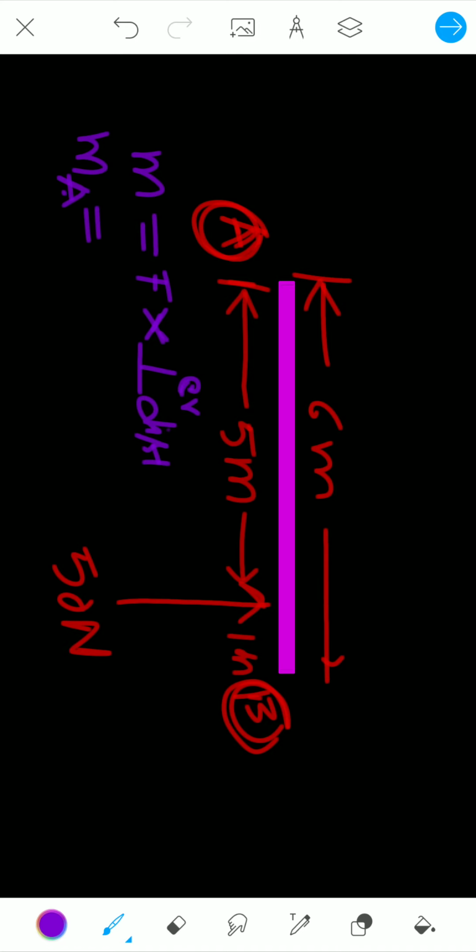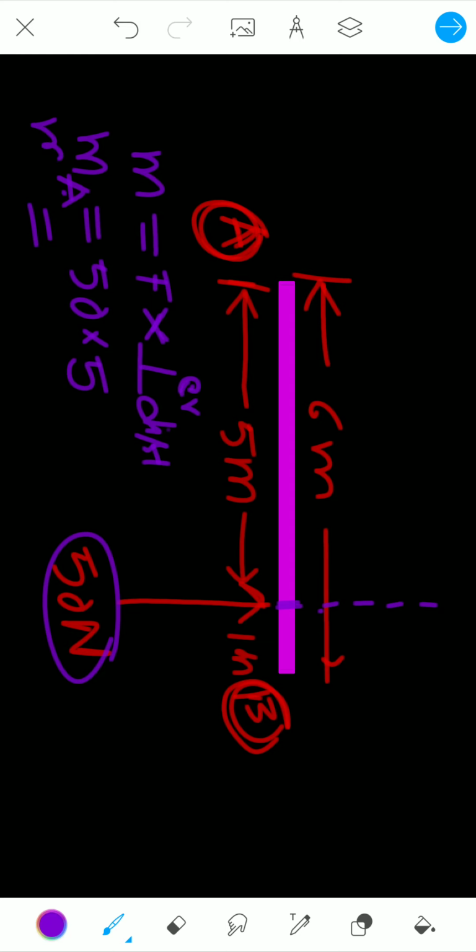We are trying to find the moment about point A first. So moment about point A equals, what is the force here? 50. So 50 multiplied by the distance between point A, where the moment is required, and the line of action of force. If we extend the force line, this will be the line of action of force. That distance is 5 meters. So 50 multiplied by 5 comes out to be